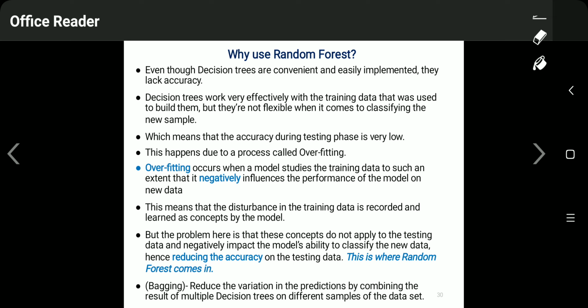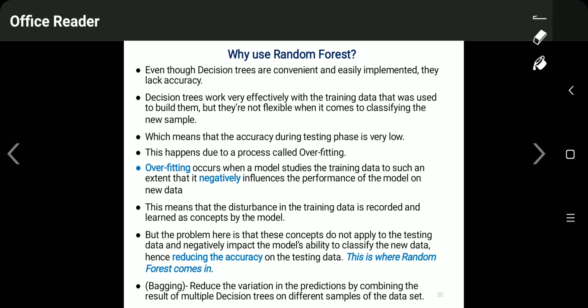So why overfitting? If noise is present in the data set, what will happen? The training will be done with high efficiency, with the noisy data also, which means it will learn some wrong data also. Based on some wrong data, it is giving good results. But what happens when new data comes? It is not able to give better prediction accuracy.